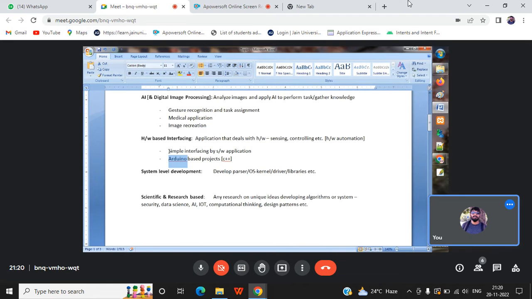So that is like embedded interfacing, a software application that you can build. And the interesting part is, you do not have to know big languages for that. Only C and C++ you can do it. Another simple interfacing application I can show it to you. Just